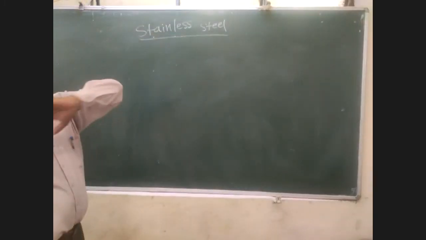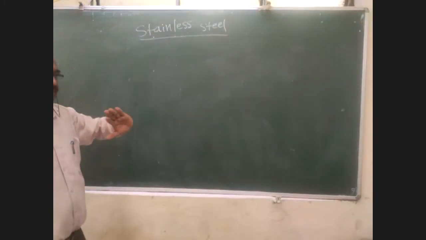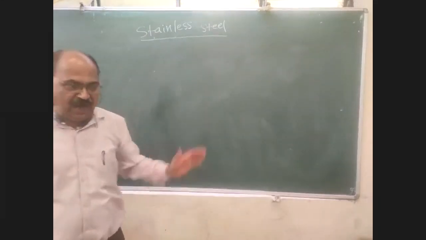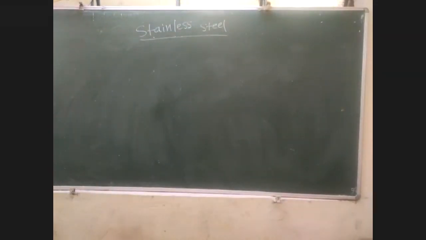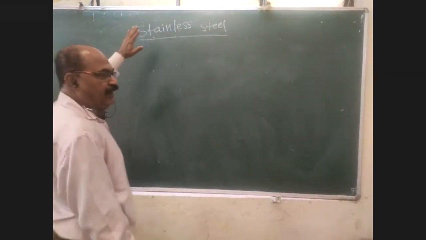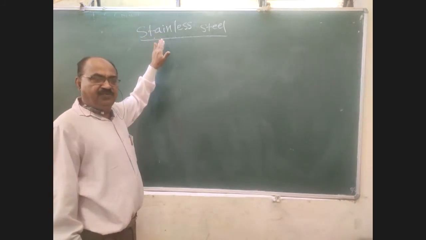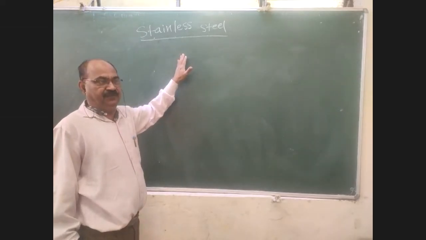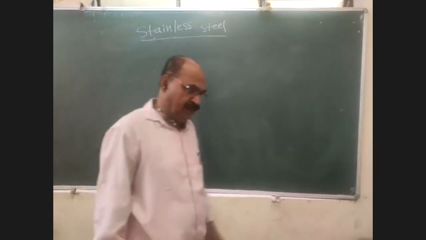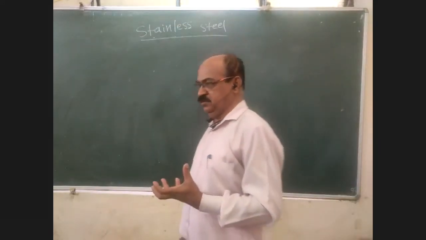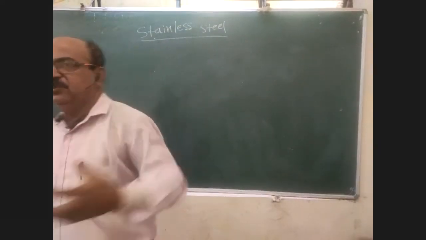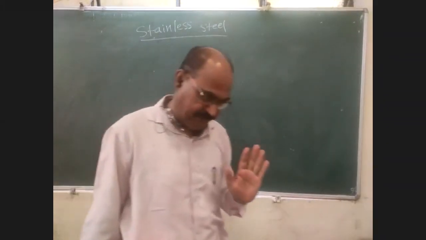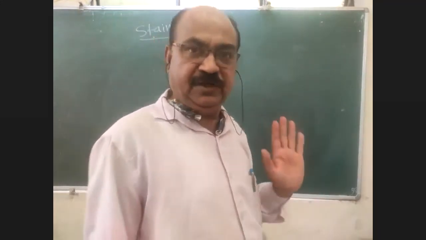Now, what are the major things in this stainless steel? It contains carbon, but more alloying elements. Because of that, this stainless steel will get more corrosion resistance, wear resistance, and there is no effect of heat. Normally in our kitchen, the different types of pressure cookers and furnace parts are made from stainless steel. Why? Because there is no effect of heat.